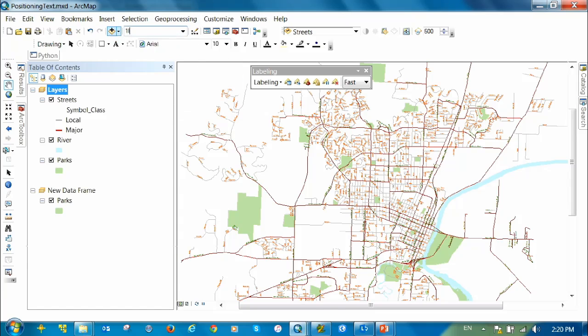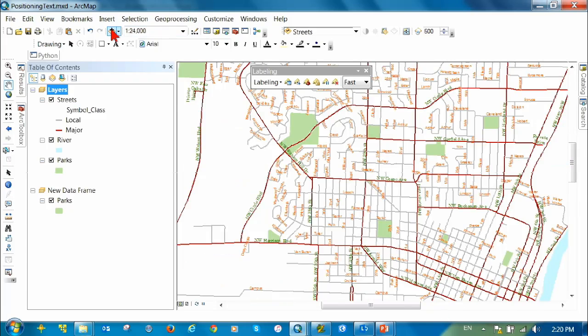So it was 1 inch equal to 2,000 feet. You click that, and it goes to 24,000. And you can keep going like that. So you can type in your verbal scale, and in that way you can figure out what is the